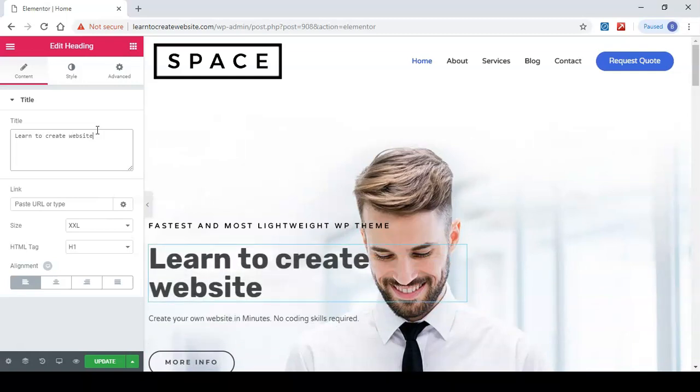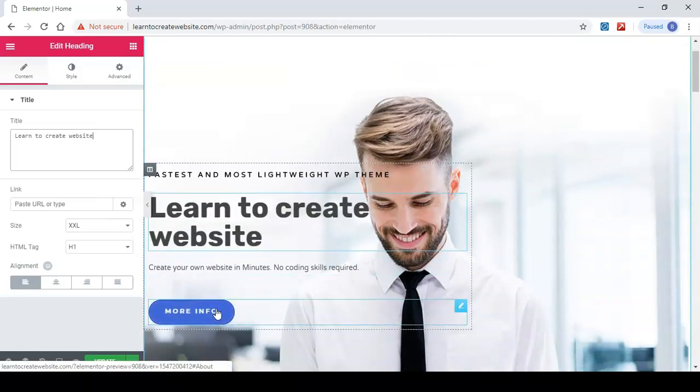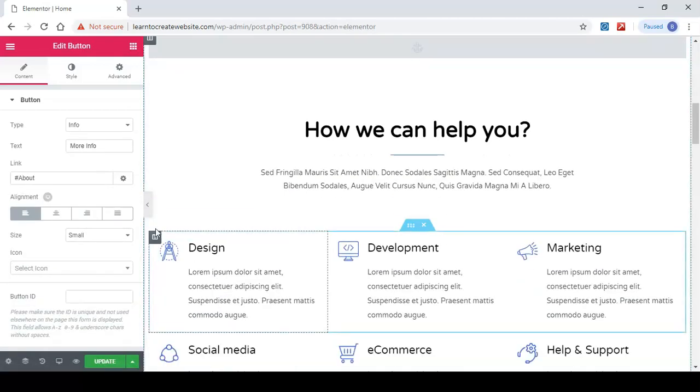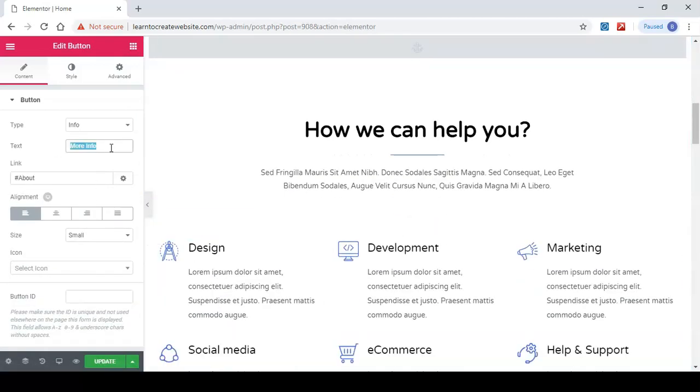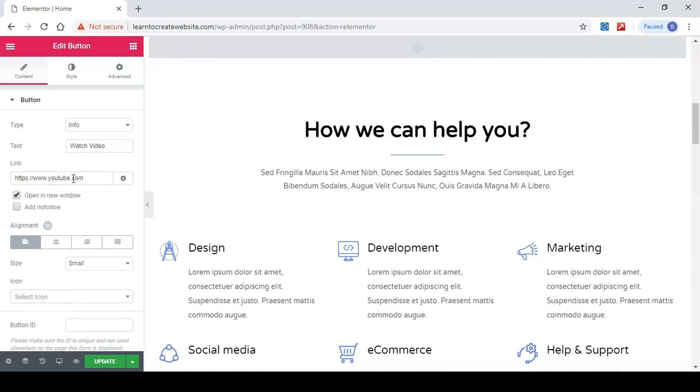website. And now if you want to change the text on this button, you just click here and change the text on this button here. So the same way you can edit any text you want on this page. Just select the text and then start typing watch video. You can add any YouTube link here for this watch video button. Click the settings icon here for link option and check the box open in new window.